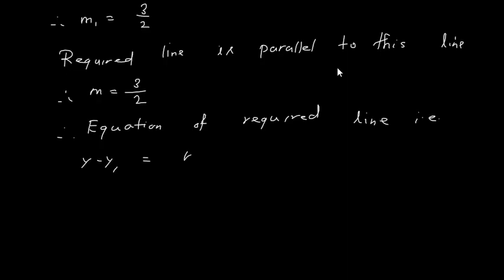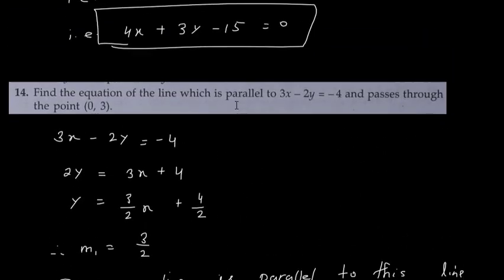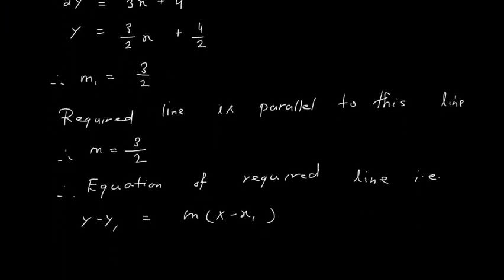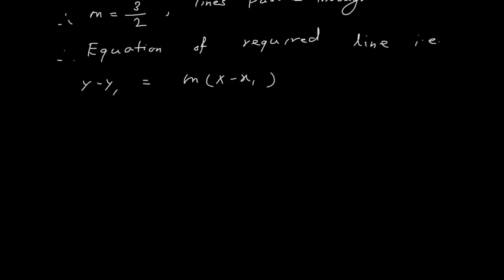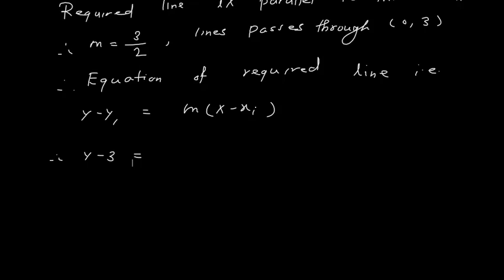y minus y1 is equal to m into x minus x1. Now why do I use this formula? Because it is given that the required line passes through 0, 3. So as it passes through 0, 3, we can say that y minus 3 is equal to m, which is 3 divided by 2,